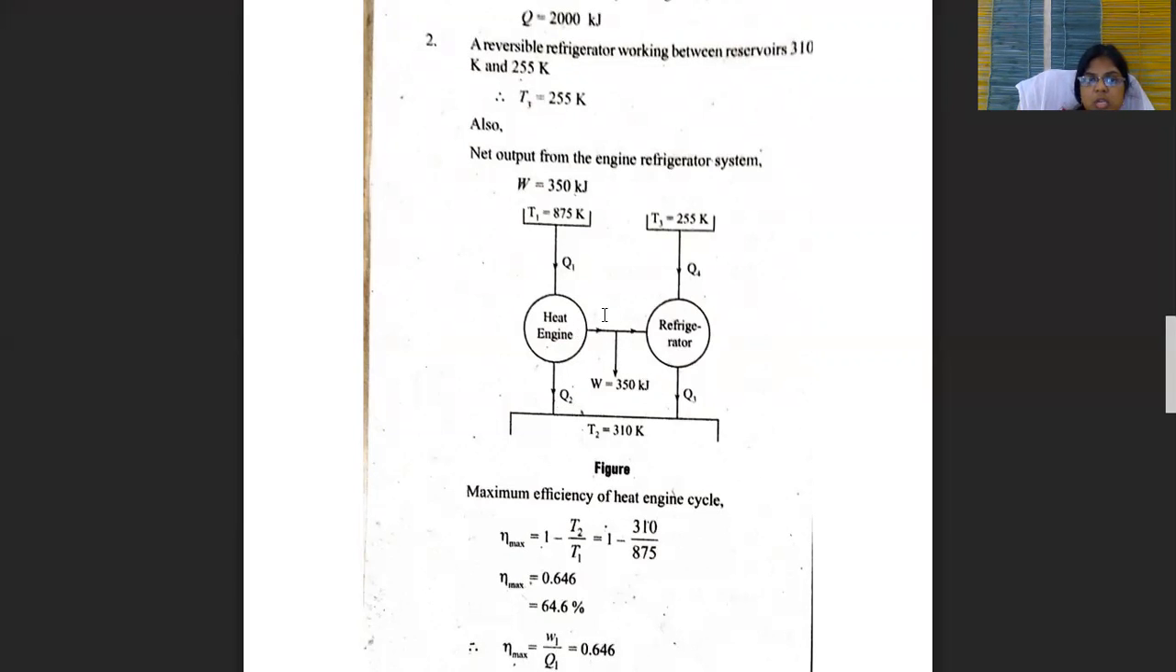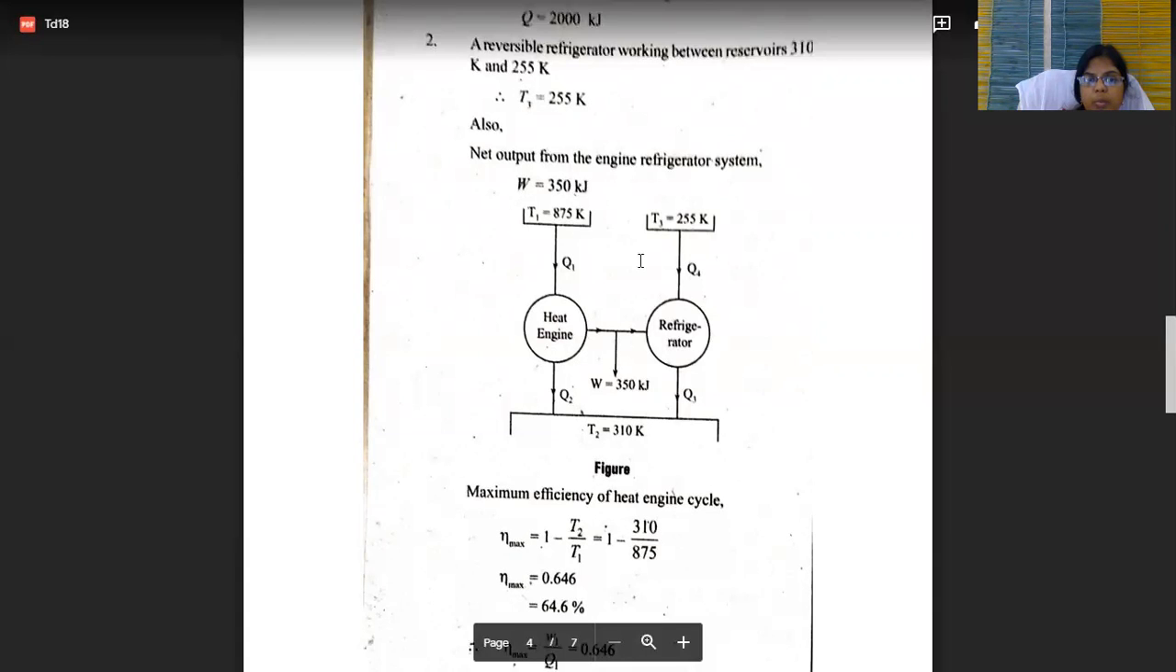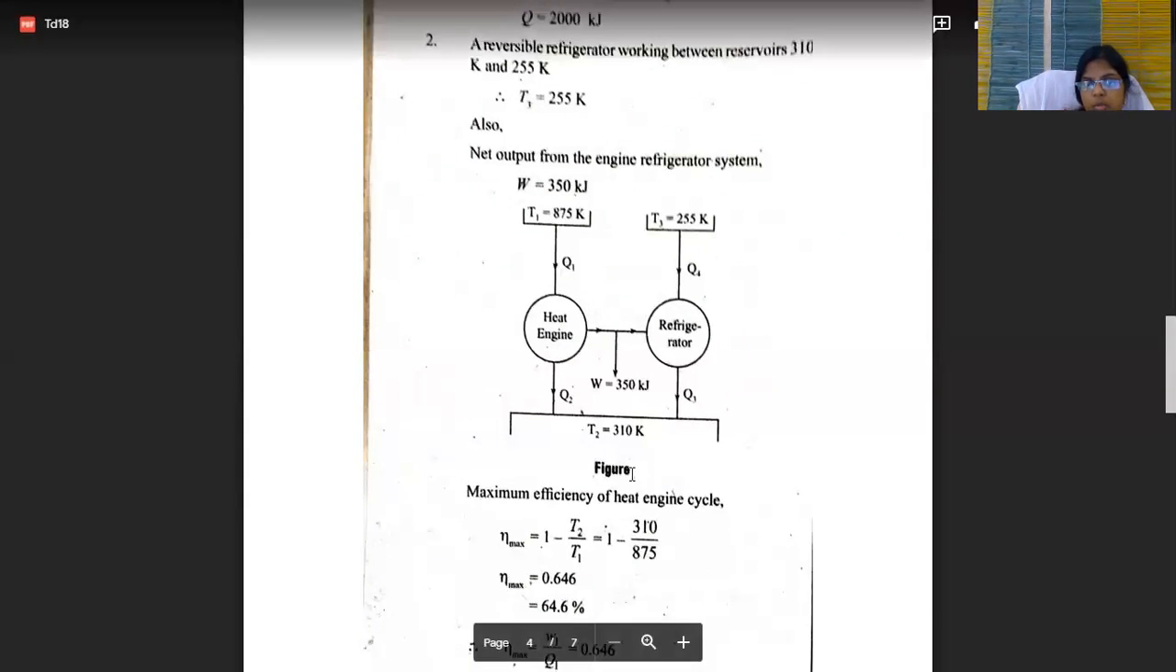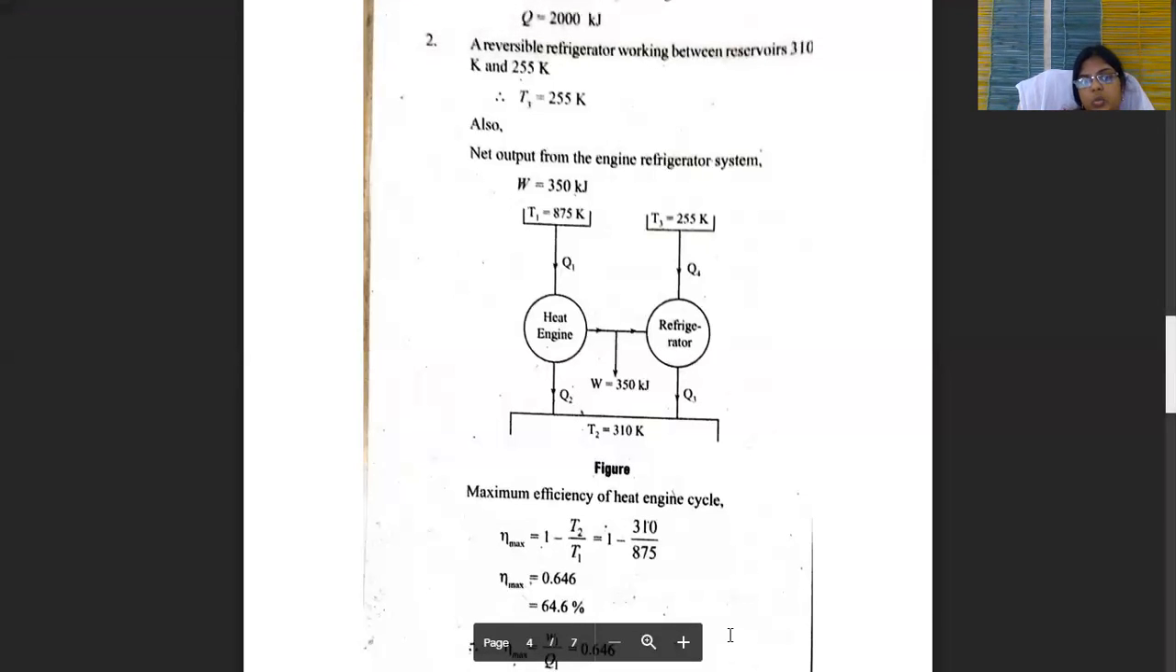That work done is 350 kilojoule, already given in the above problem. At the same time, here actually we are going to run the refrigerator. Here this is the refrigerator. In refrigerator and heat pump, our temperature flows from here also. Here temperature flows from lower temperature to higher temperature,